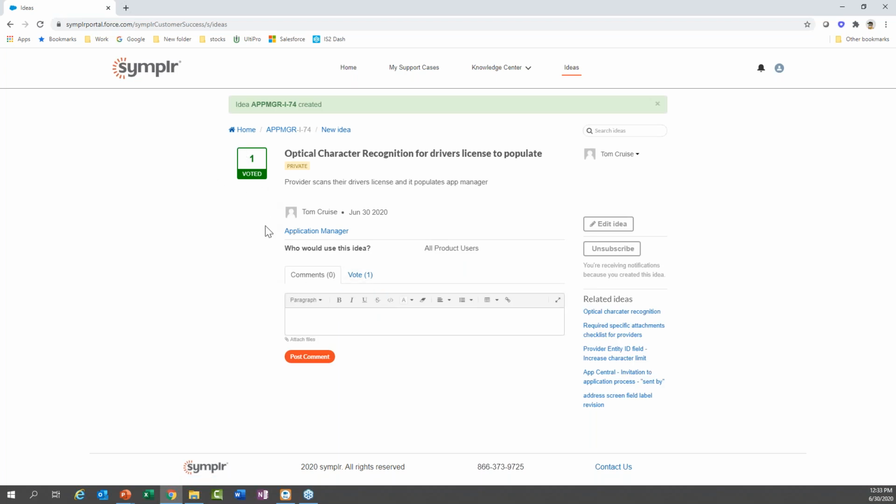I voted for myself automatically. I'm back in 3rd grade where I'm voting for myself. So you can see that it has that vote 1. That's now being entered into the system. So people can go in and they can start entering in items, or they can start voting, posting comments on